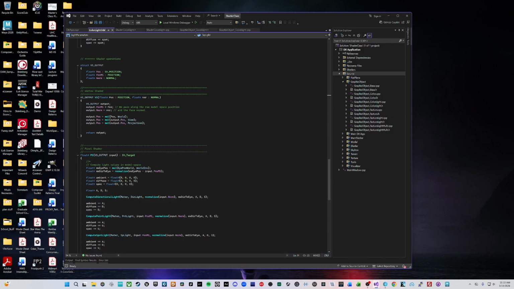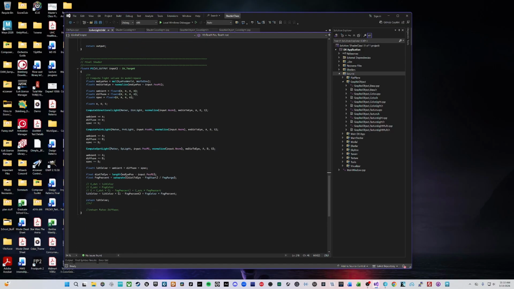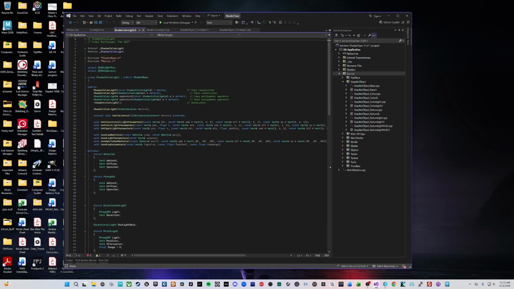The vertex shader is similar. It's still going to be the same because it is still just doing the position and setting the position and normal to that. And then for the pixel shader, we are doing the normal compute, adding it to the ambient, diffuse, and specular as we go down. And then we add the fog at the end. Once we have the ambient, diffuse, and spec for the light color, we include the fog computations and then return it after that. The shader color light, we have these same parameters, which is just set to context, set the